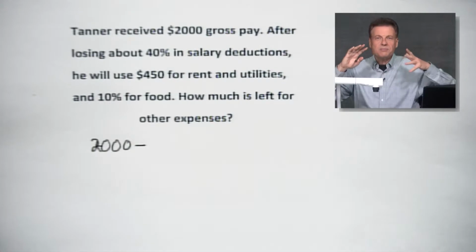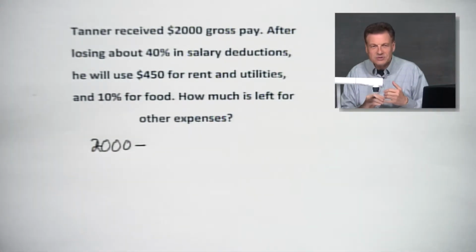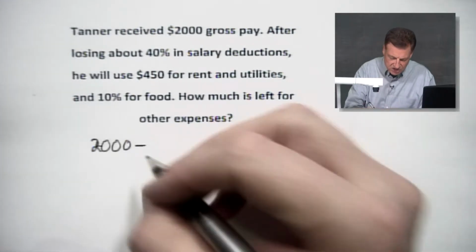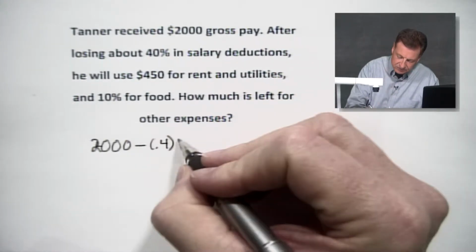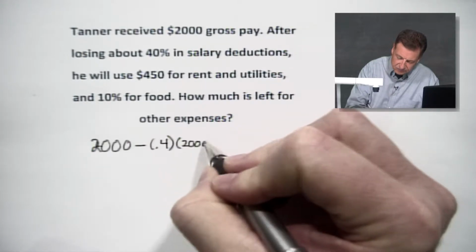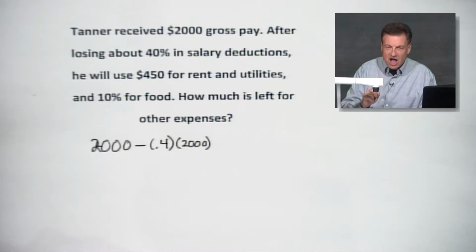Now, how do we do 40%? How do we take 40%? We make it into a decimal. 40% is going to be, move that decimal 2 places. So we're going to say that's going to be like 4/10 times your 2,000. Now, keep thinking with me here. You're also going to use